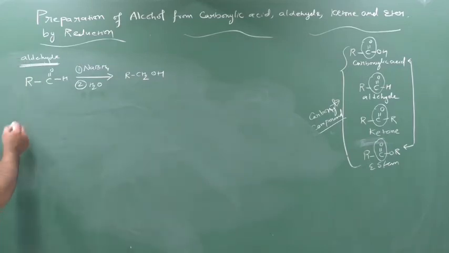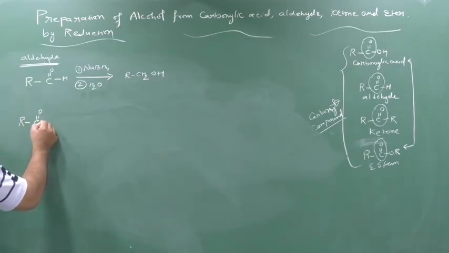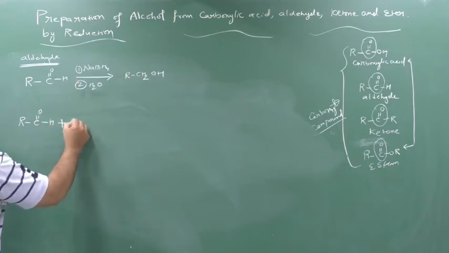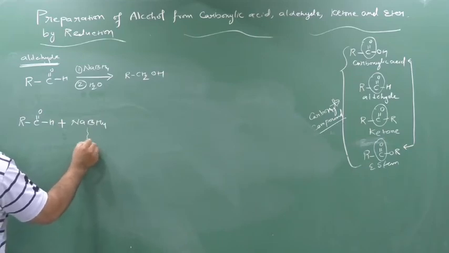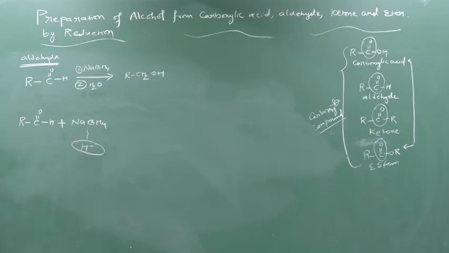Now see here how. So R, C double bond O and H. In the first step who is reacting? The sodium boron hydride is reacting. As we know, the sodium boron hydride will provide us H minus. Now see here, from this carbon and this oxygen, who is more electronegative? This oxygen is more electronegative, so it creates a partially negative charge, and hence carbon will have a partially positive charge.